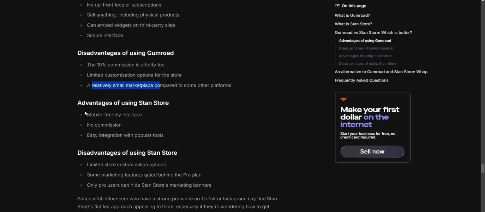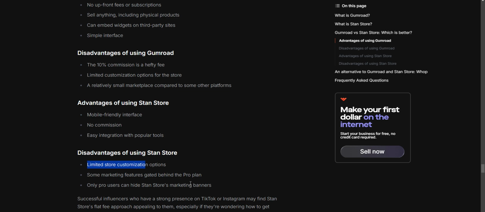Advantages of using Stanstore is that it's mobile friendly, there's no commission, and easy integration with popular tools. The disadvantages, again, limited store customizations, some marketing features gated behind the Pro plan, and only Pro users can hide